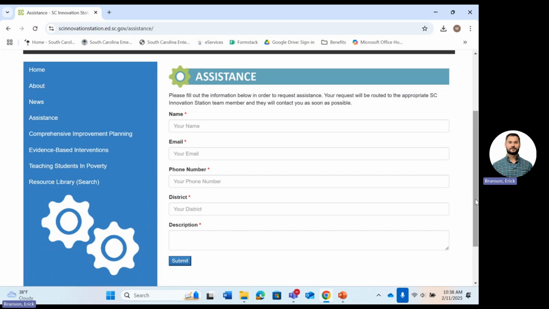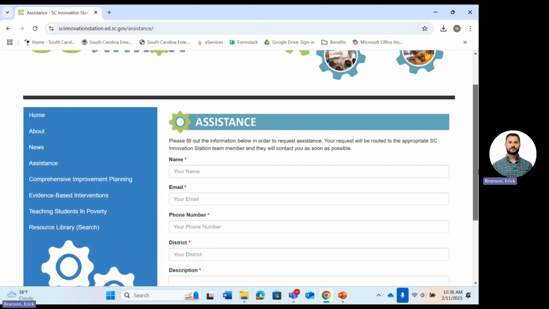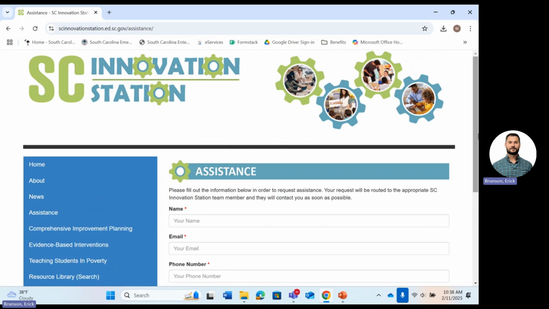If it's something that you don't see here that you would like more information about, by all means, put that in as well, and we'll get it to you. Any questions? Again, it's called the South Carolina Innovation Station. All right, thank you.